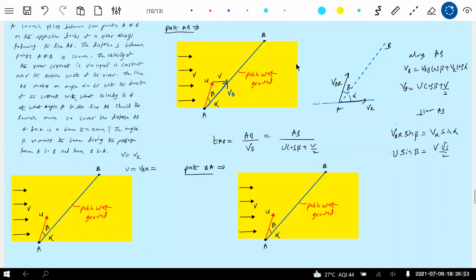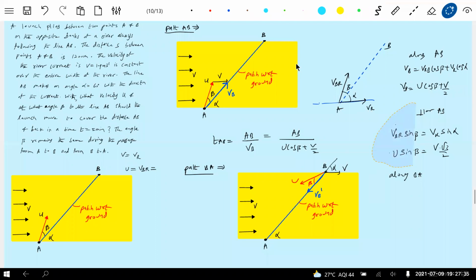I think A has to start because this alpha will not change. This is telling it will remain same. The velocity of river is here. The angle alpha will be same in the return journey. So the resultant velocity, how should it be directed? It should be directed along the velocity of the boat, in this direction. VB dash I will write it. It cannot be some other speed. So along BA,